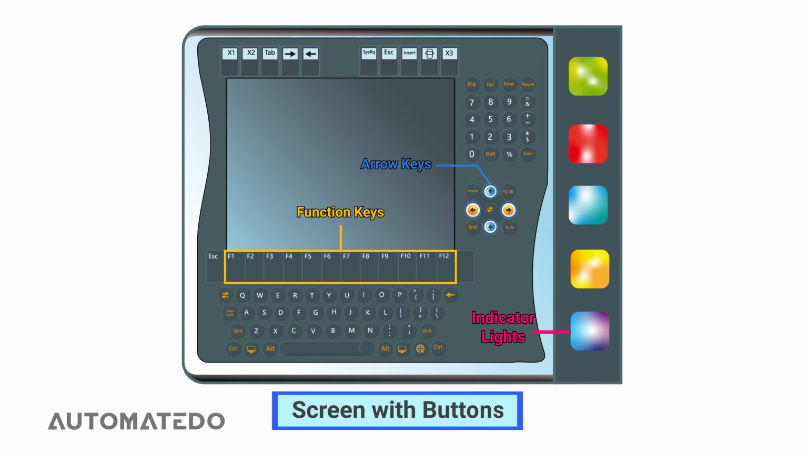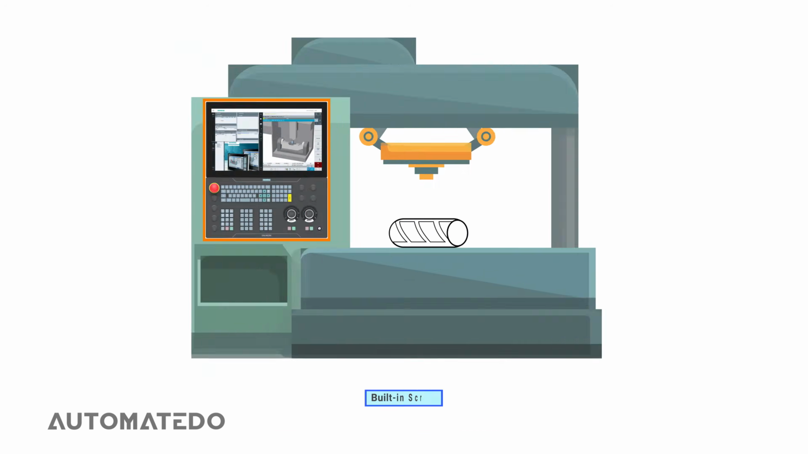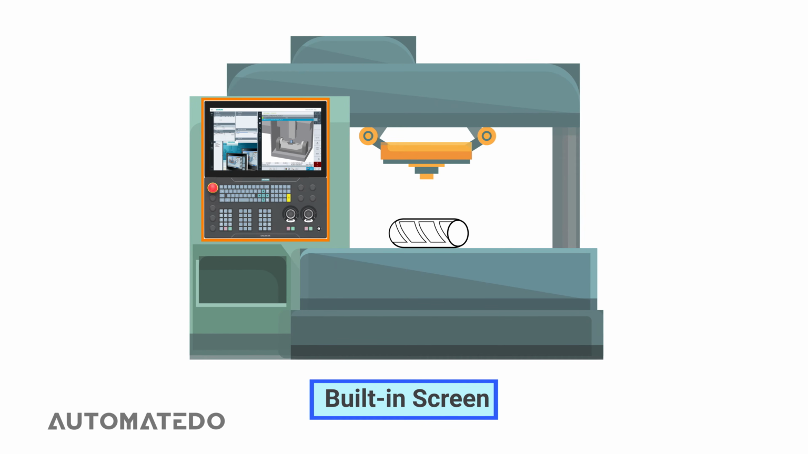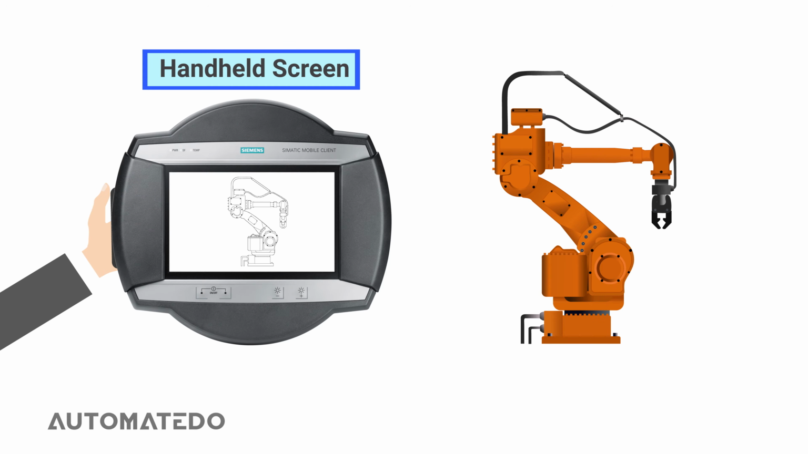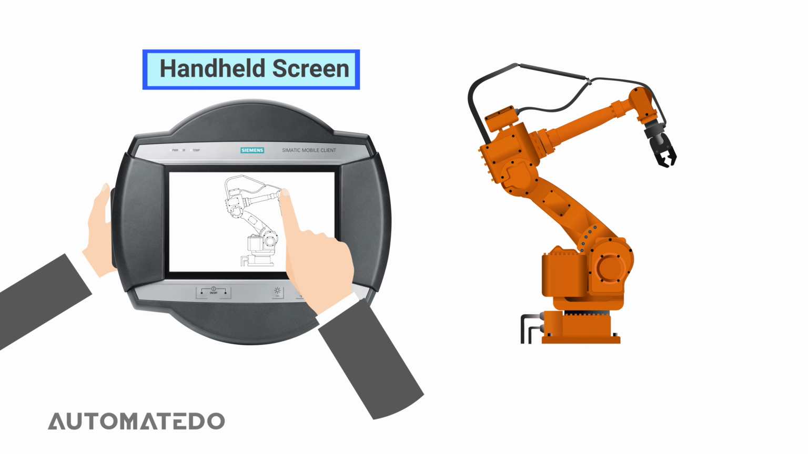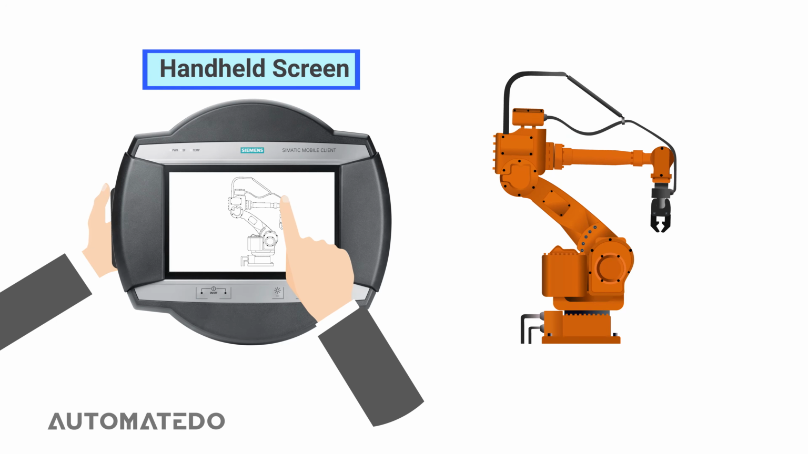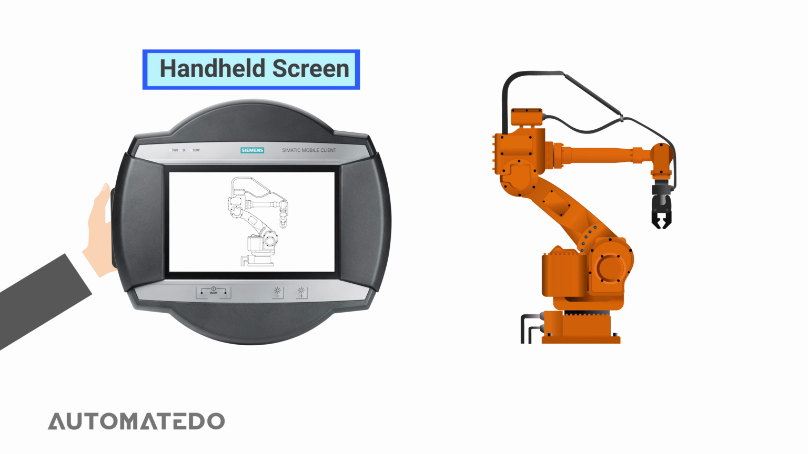Screens with buttons attached, like function and arrow keys, and indicator lights. Built-in screens embedded into machines to observe and adjust their parameters in a factory. Portable handheld screens that, due to their lightweight, enable users to hold it with just one hand. They allow operators to move, for example, robotic arms while still watching, managing, and engaging with the operation in real